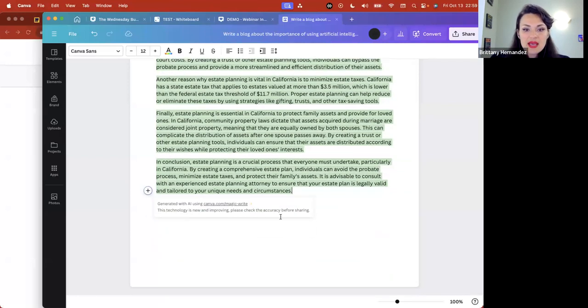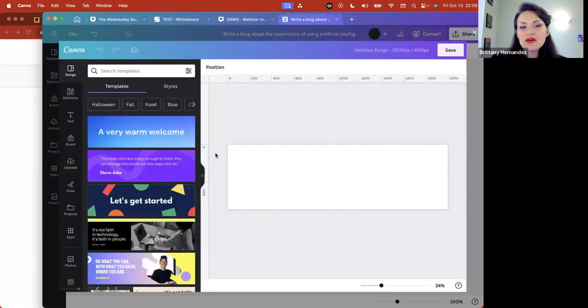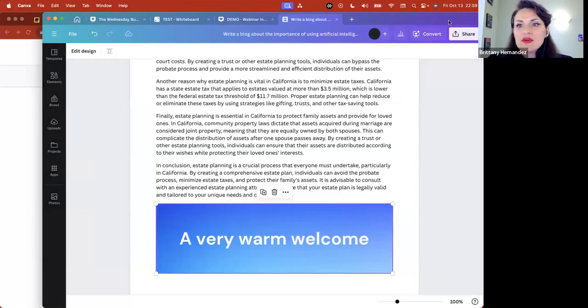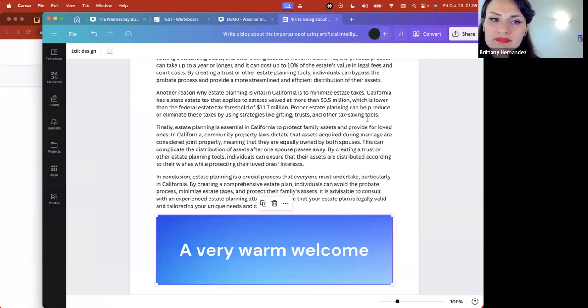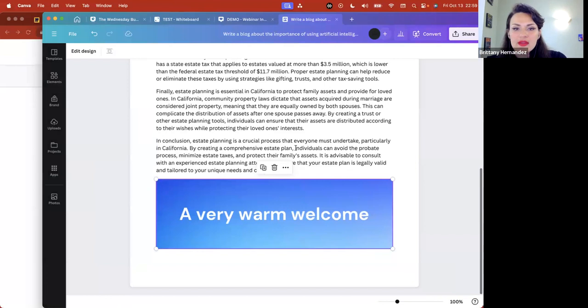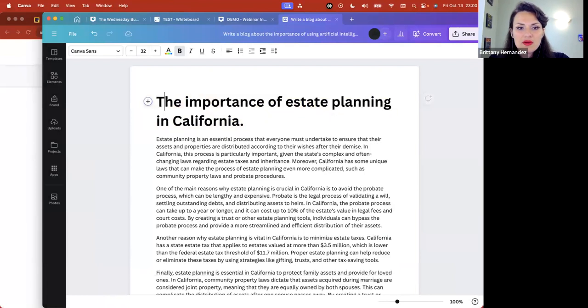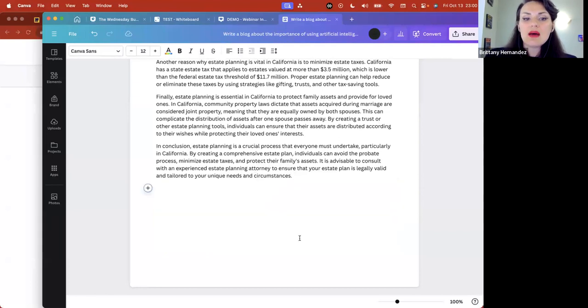And then you can go on and add a design, whatever you want to add here. And then let me just move this around, for example, so you can see, and then maybe you wanted to add somebody to show them what you made and get their feedback, whatever else. You can change this to be the title. This is not the best title, but we'll just go with it. And so you can see how you're starting to shape up a blog post from a blank page very, very quickly,